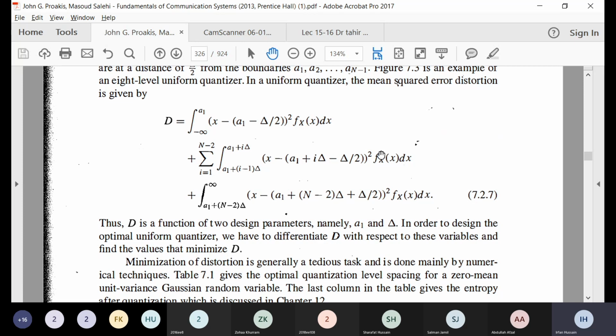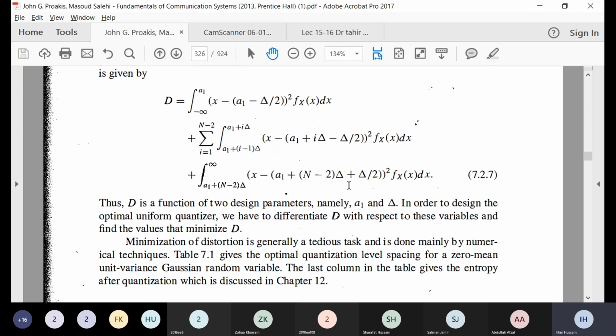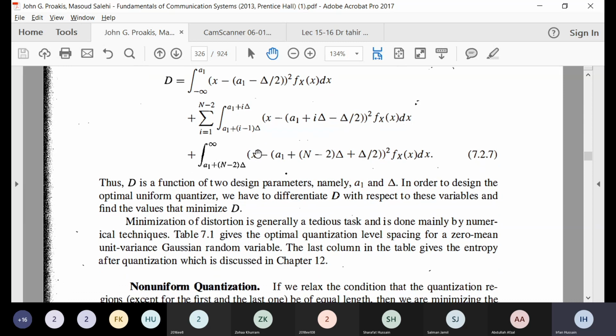So you can differentiate this with A1 and tilde to get the best values of your optimal quantizer, so that you can minimize. The lengthy process for this is not in our course either. Take the full differential with respect to A1 and tilde, then set it equal to 0 and optimize it. We will not do that, it was just to tell you once. So this has already been done for